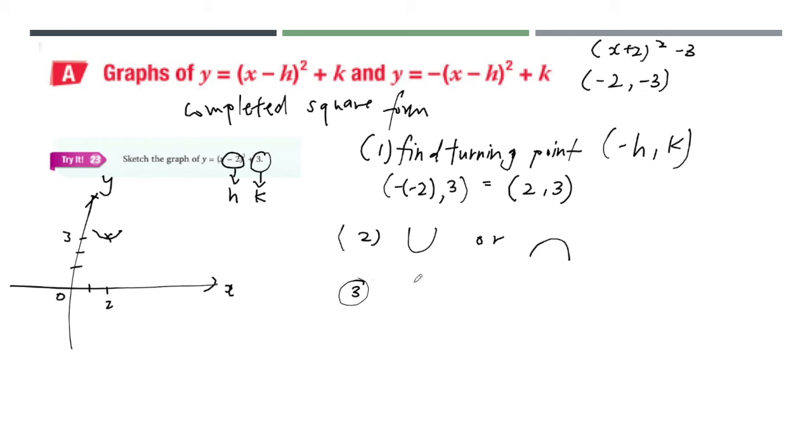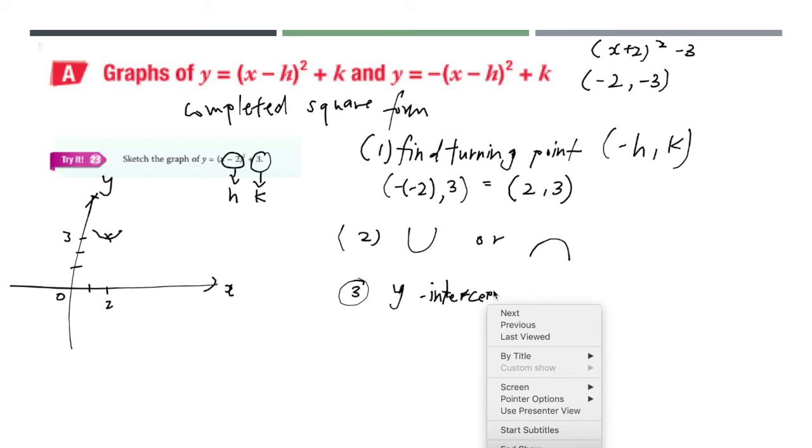Part 3. The third part will be the y-intercept. So if you approach this question in this order, you shouldn't have any problem. So your y-intercept,